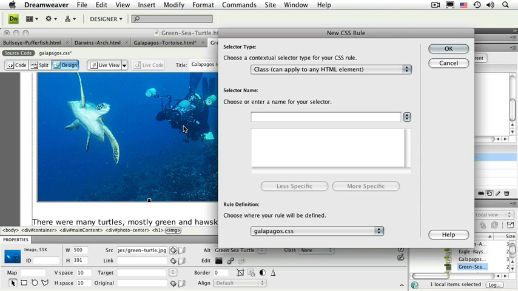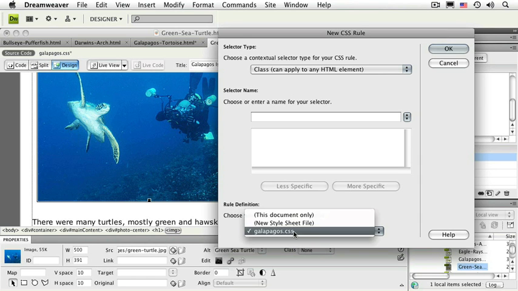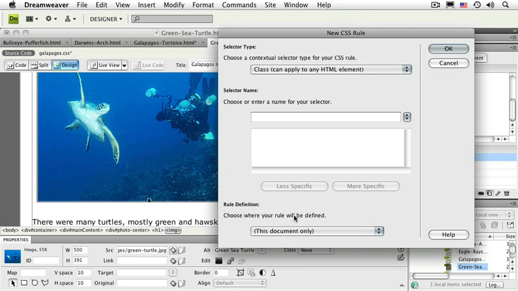In fact, almost all of the CSS layouts that come with Dreamweaver include styles that are already set up for you for aligning things like images to the right and left of the page. So the styles I'm about to show you are incredibly common styles. Most web designers include something like this within their style sheet. I'm going to create this one only in this document,